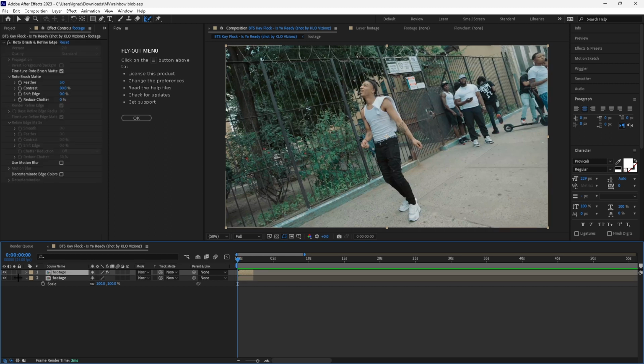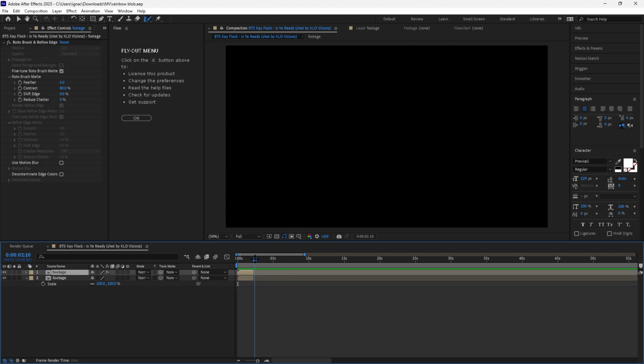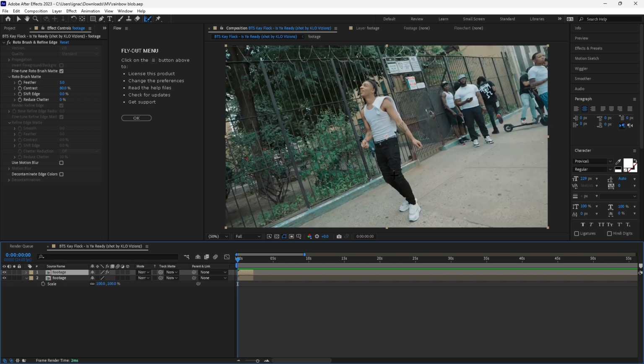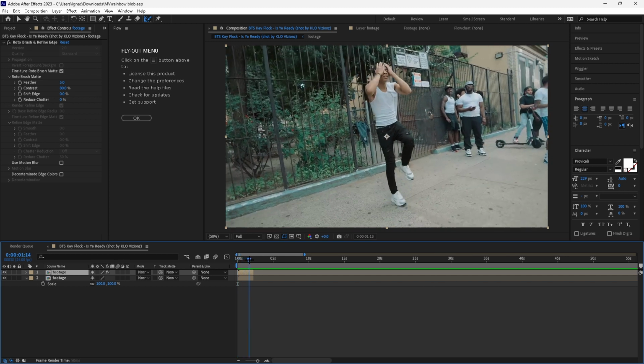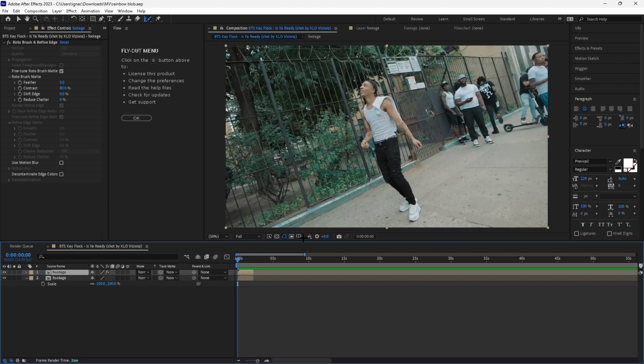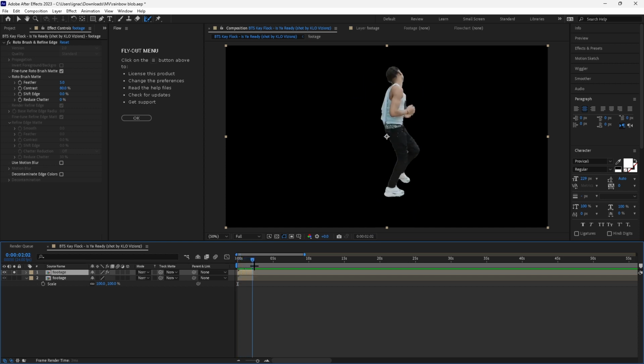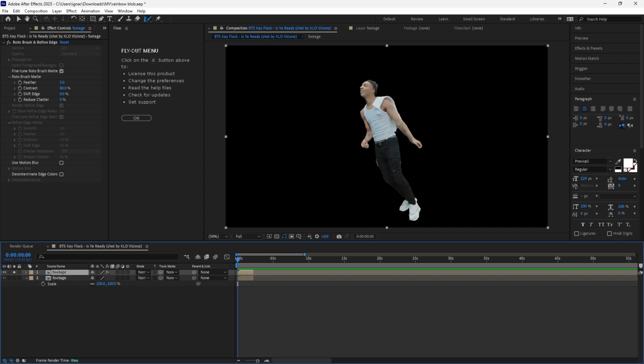So the first thing you're going to want to do is get the scene that you want to use. Typically it's just one person dancing or just doing whatever, and you can see their whole body, and you're going to want to roto brush it out like I've done here. You want it to be pretty clean. I didn't do it so well. I kind of rushed it for the sake of the tutorial, but if you're doing it for a video, you'll probably want it to be pretty decent.